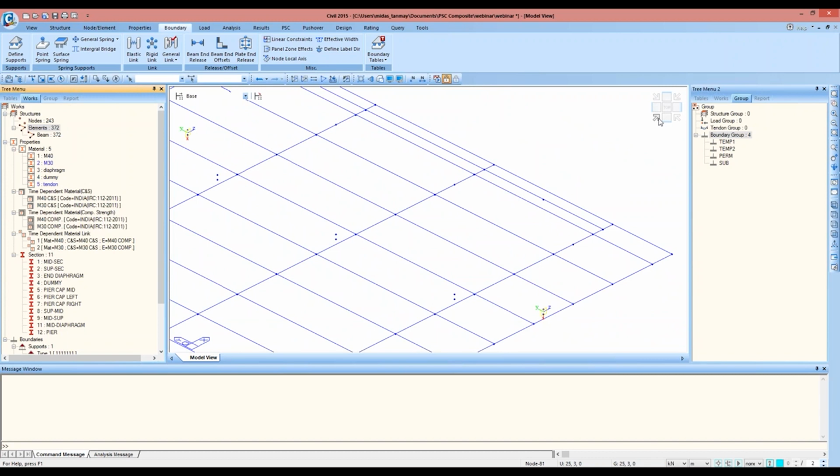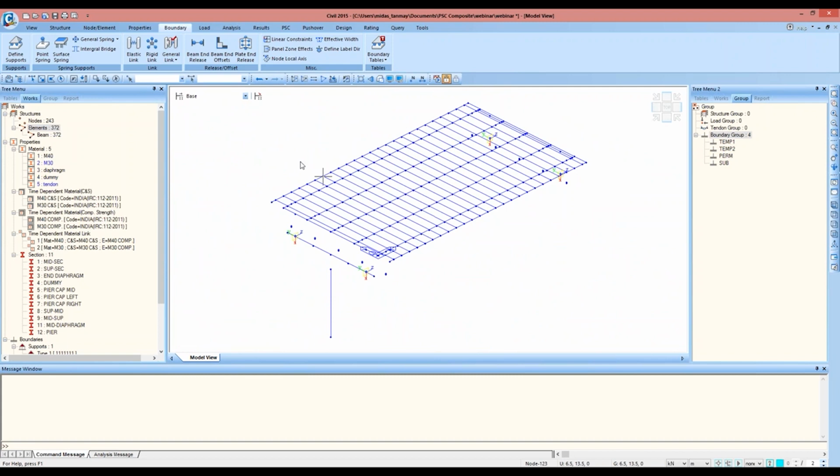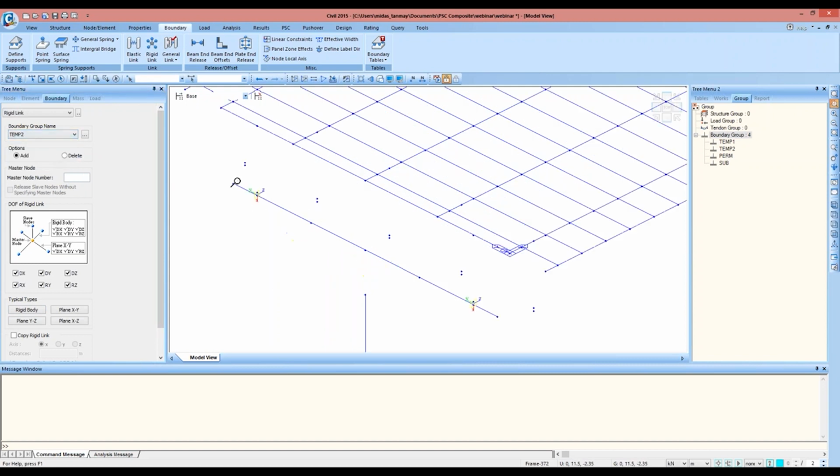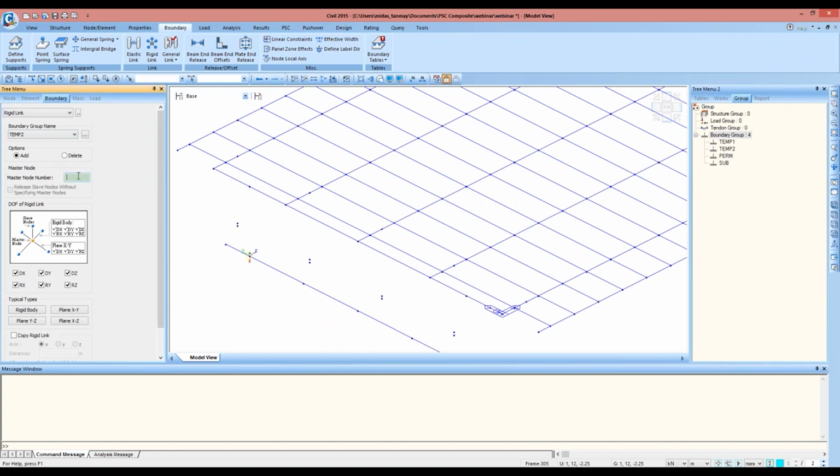So the boundary conditions for the permanent supports have been added, and now I'll define the conditions for the temporary supports as well in this span. So basically I'll consider this as span 2, which will be activated at a later construction stage. So the temporary supports will be added in temporary 2 group. So I'll go to rigid link and rigid body, the group name as temporary 2, zoom in here and select the master node as this,